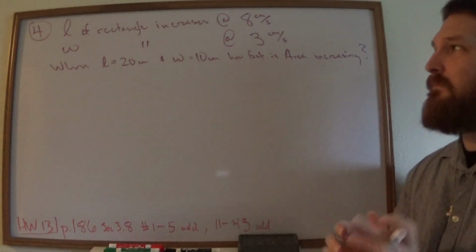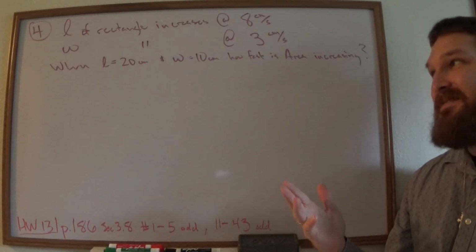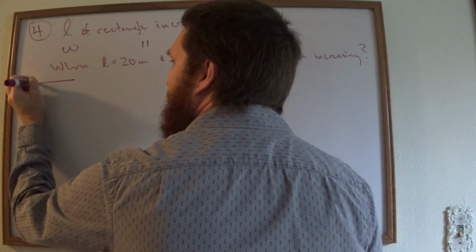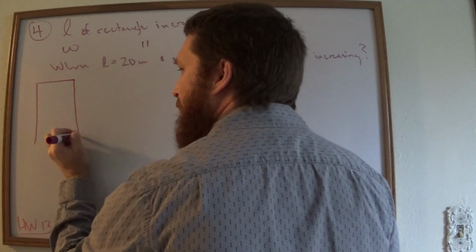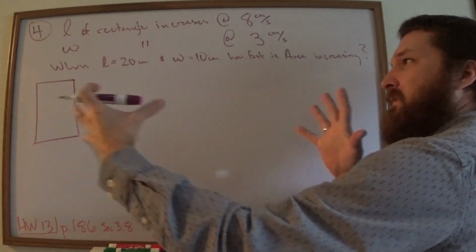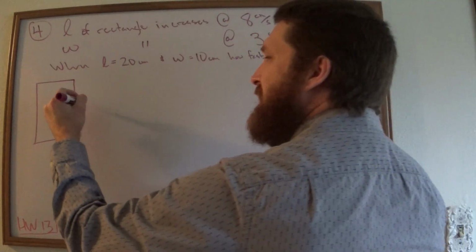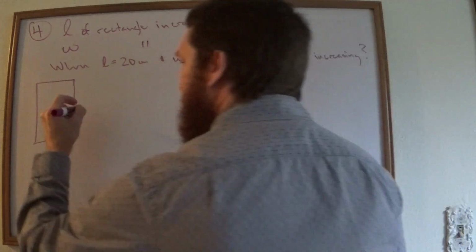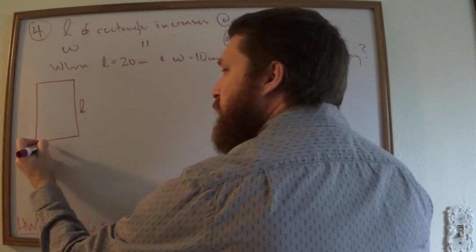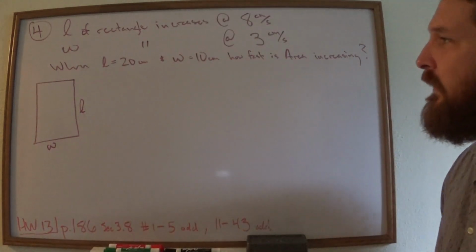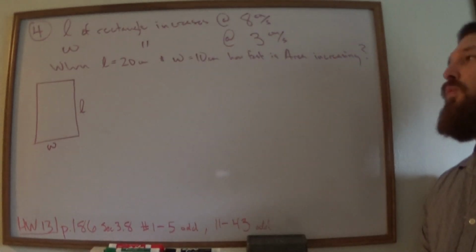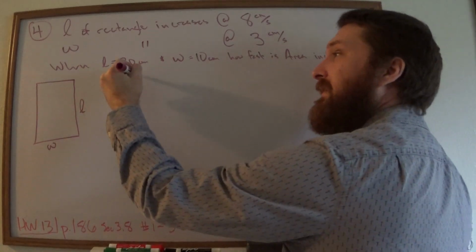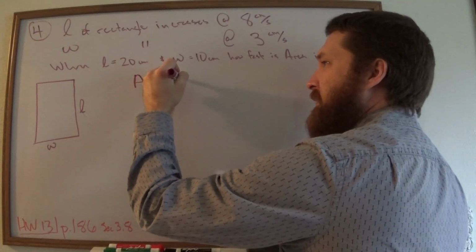Okay, so what's the first thing I want to do? Draw it out. I'm going to make length this way. We have some rectangle, and it's changing, it's obviously getting bigger. We have its length right here, L, and we have its width right here. Now, what quantity do we want? The area. And so the area is equal to the width